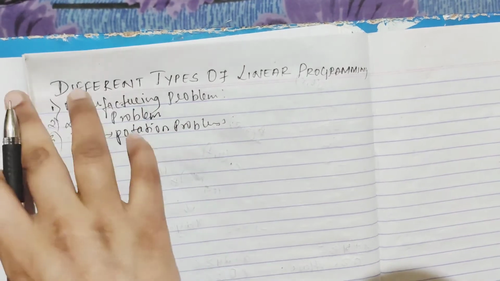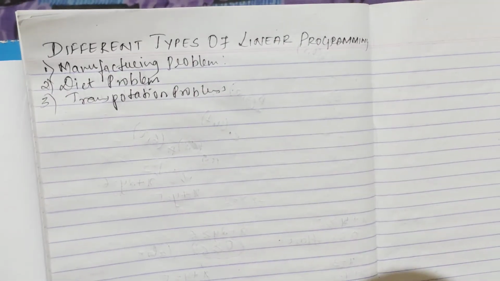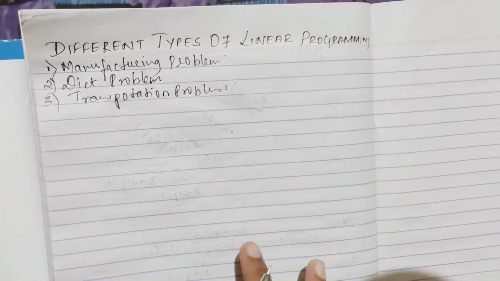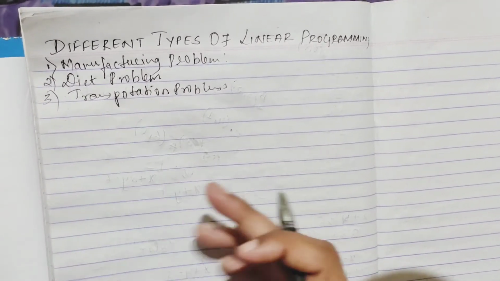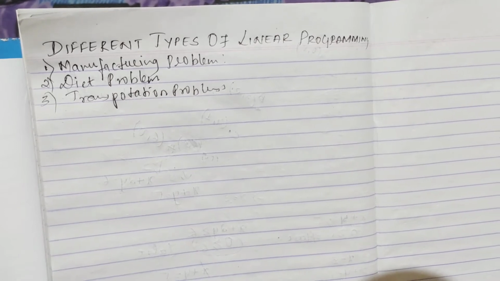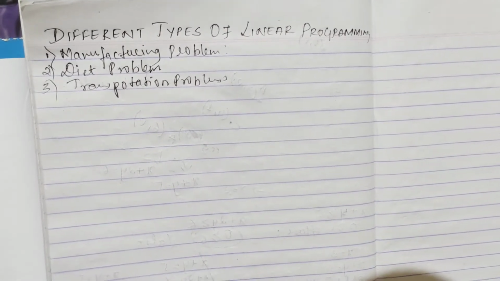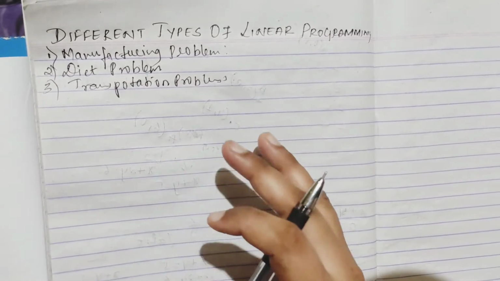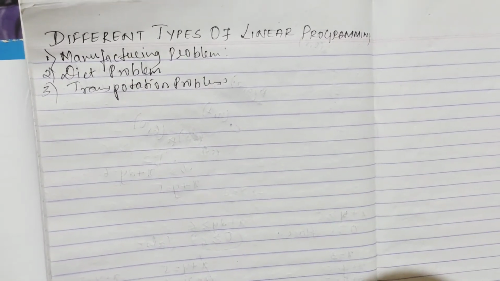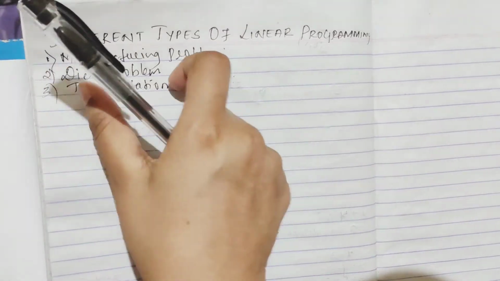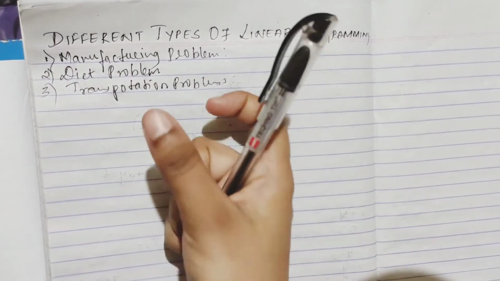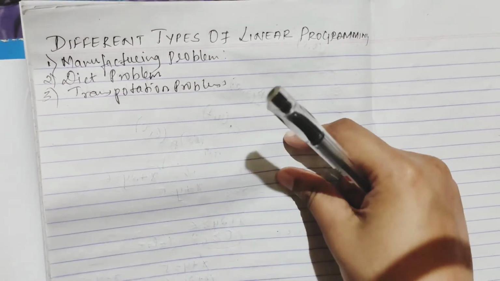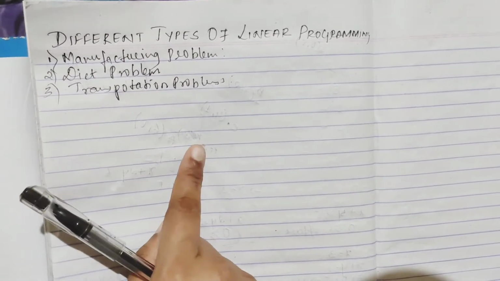Manufacturing is whatever you are manufacturing, so and so items will be there. They'll tell this much is there, you have to make use of this much, like that question. Diet means nutrients will be there, so they tell you in your food you must eat so many carrots, or you should drink so many glasses of water. Like that they will frame questions, and from those we have to pick out what they are telling, frame it in equation form, and then solve it.